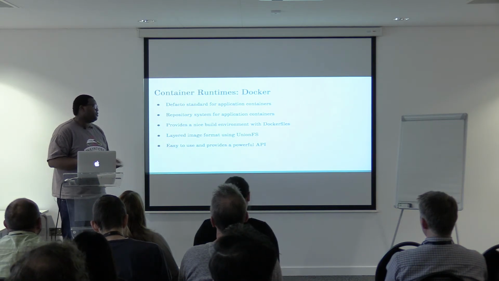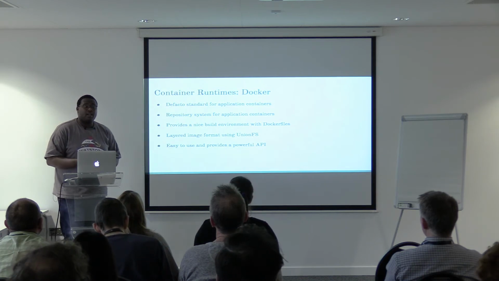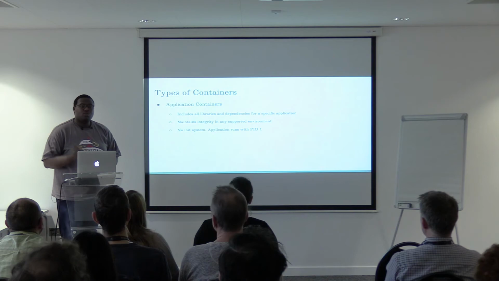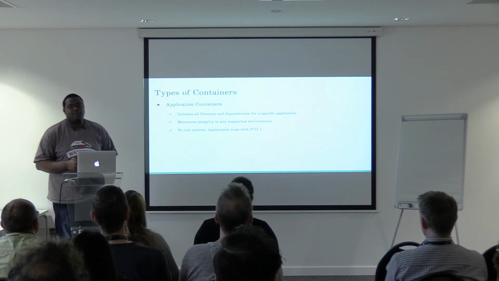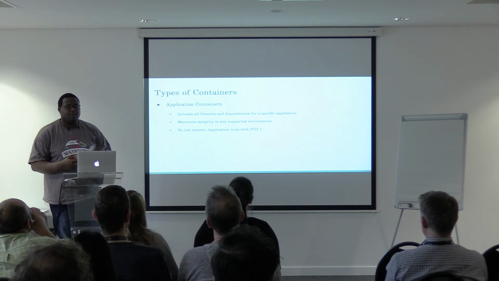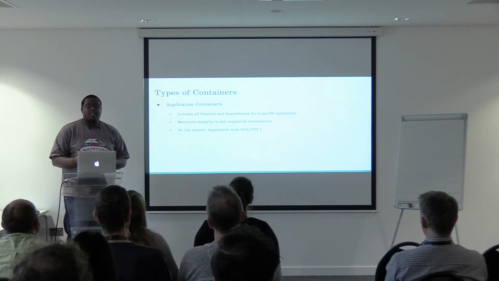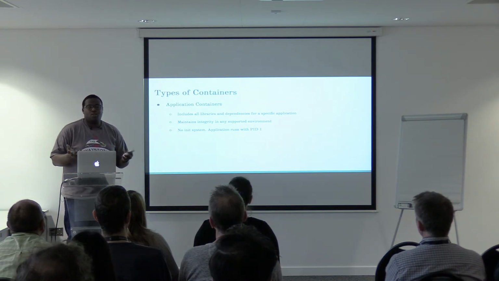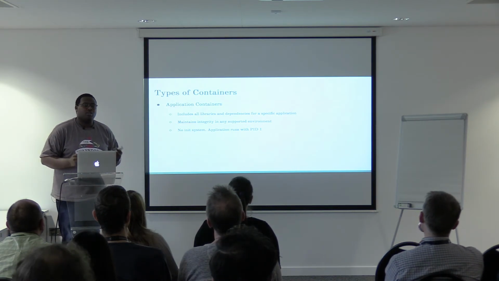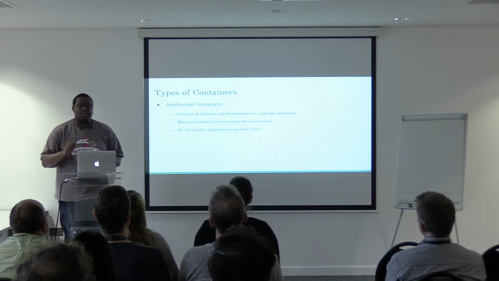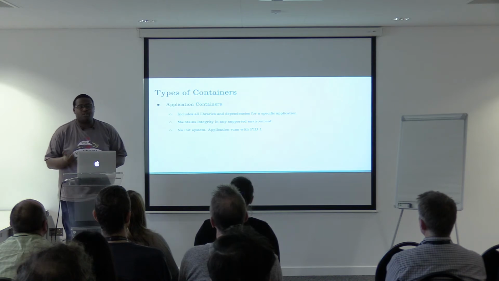It also has an easy to use and powerful API, which we use a lot on the CMP side of things. So there are two types of application containers that we have. We have the application containers, which is mostly what I've been talking about in the past couple of minutes. And those are containers that are basically built for one function, and that is to run a single application. So the application container only contains all the libraries and binaries that it needs to run that single application, and that single application usually runs as